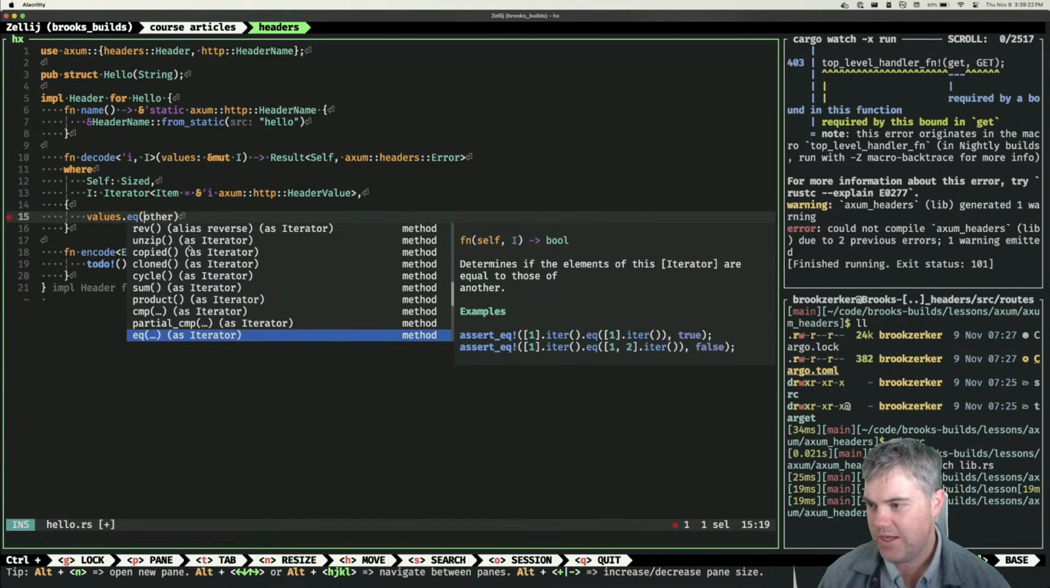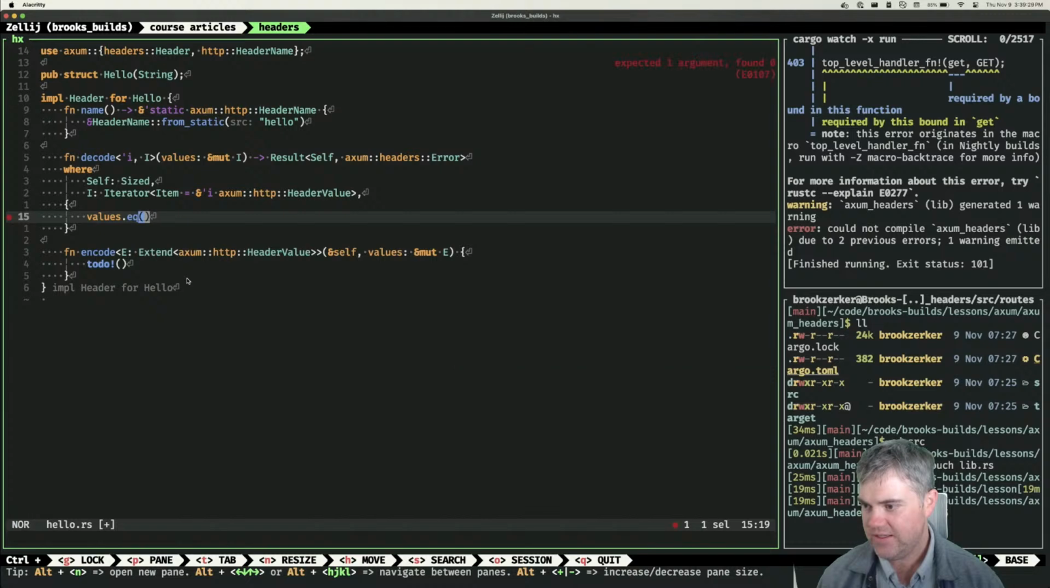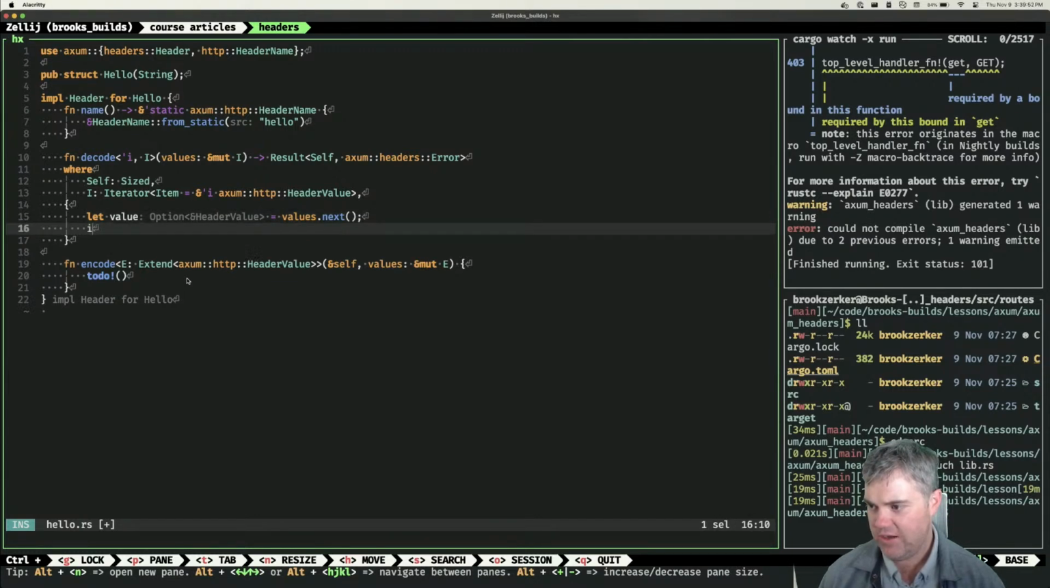Okay, so I have an iterator over all of these, and I just want, can I have like the first one? Okay, I can't get the first one. I can do next, right? So I can just get next, grab whatever this is. So it's like let value equals this. That's an option, and if it's a None, I want to return an error. So we'll just do if let, or let's do